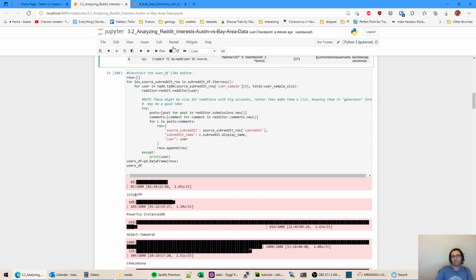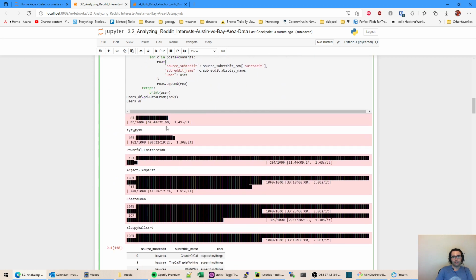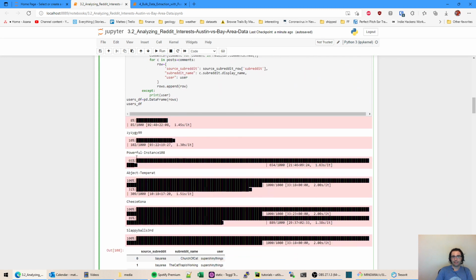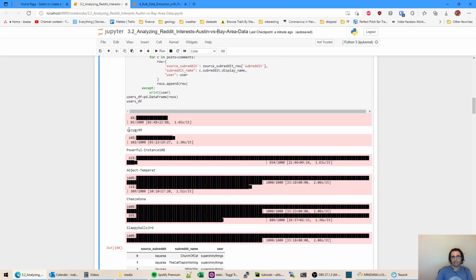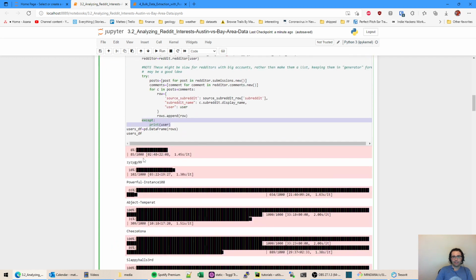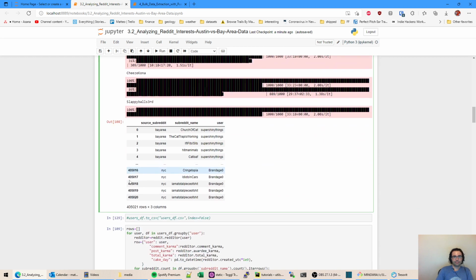So here we go. You should recognize this from that 3.1 notebook. Exact same code, except I added the TQDM. That's the thing that gives this progress bar. It messes up if you have to do a print statement. So a few users had an issue. And when I checked most of these, it looked like they were banned from Reddit for some reason. So that could be an interesting metric. In this case, I'm just choosing to ignore it.